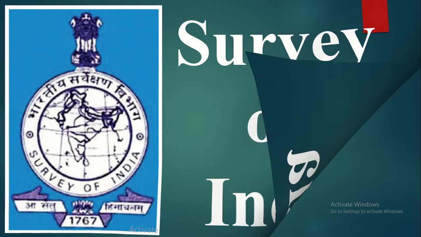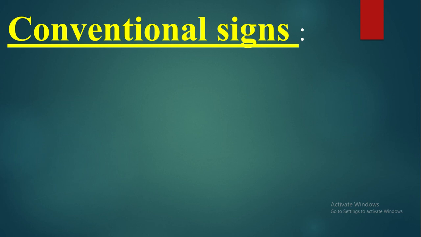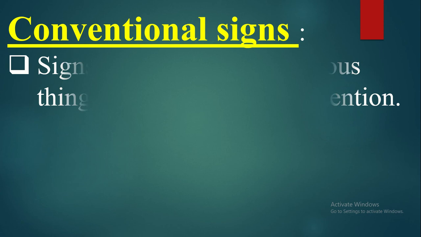The Survey of India makes the maps so precisely for us. It is very beneficial when we are looking at a map or finding any route. There are certain signs and symbols on the map which help us to identify a particular region or a particular place. We are going to see two types, conventional sign and conventional symbol. First we are going to learn about conventional sign.